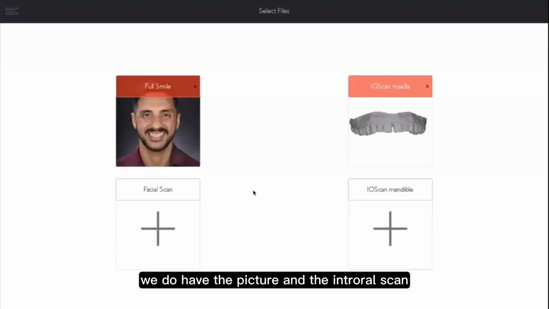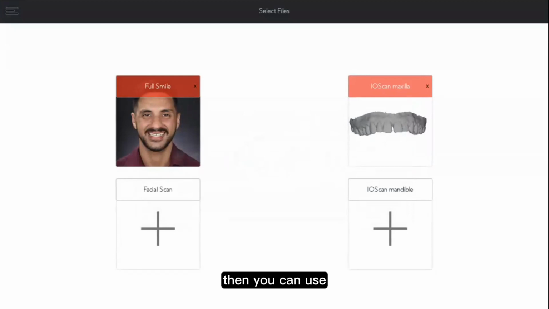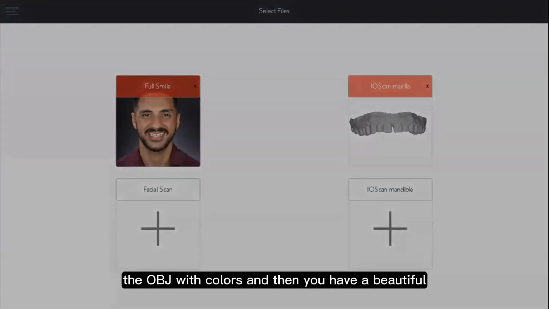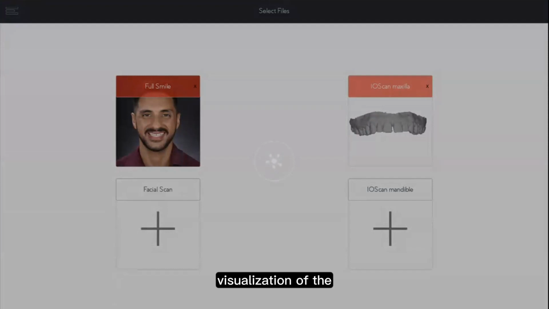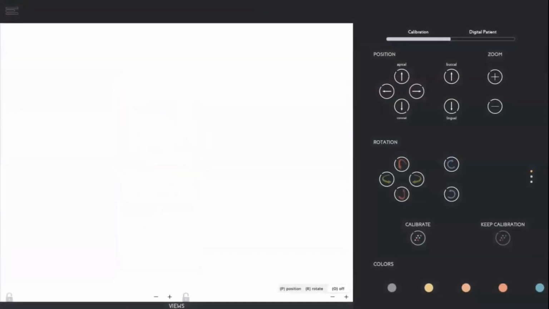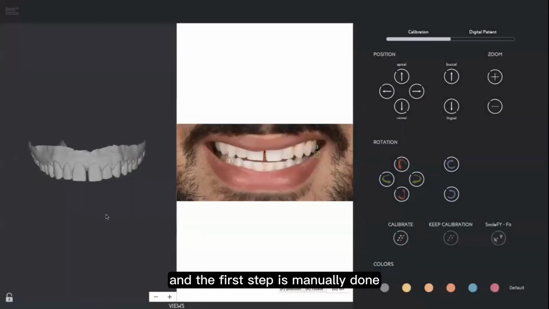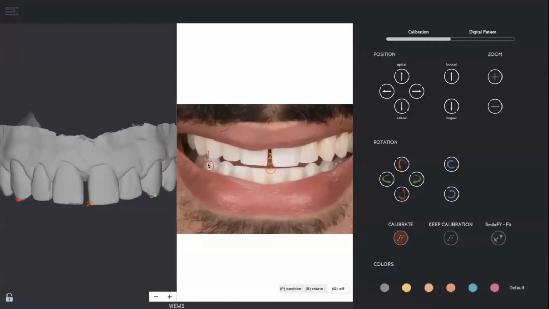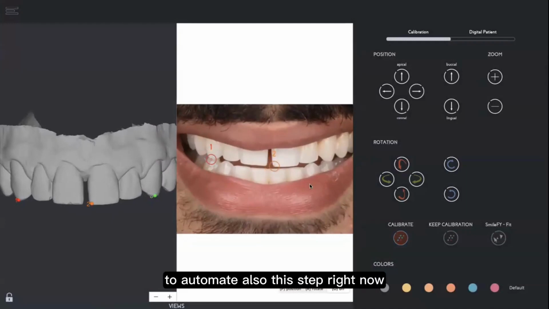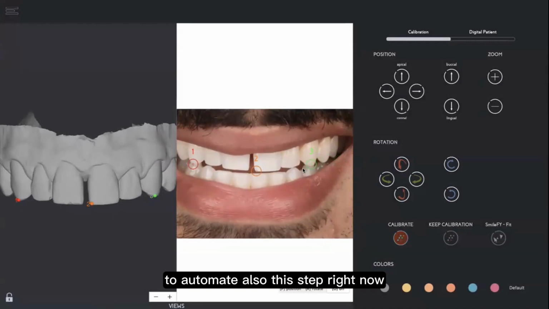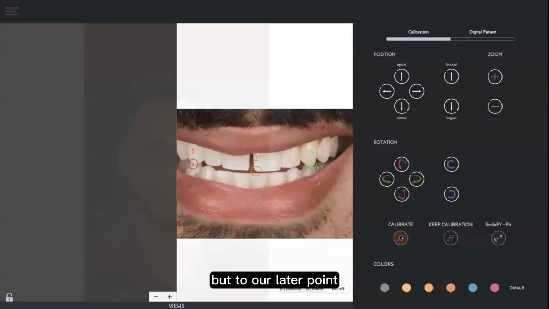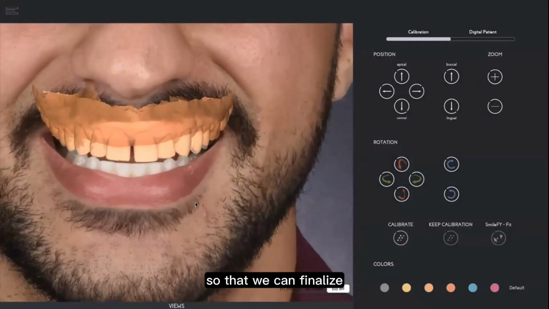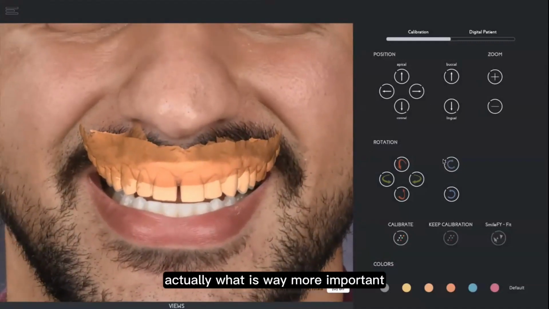First of all, we do have the picture and the intraoral scan. If you do have an intraoral scan with colors in OBJ, then you can use the OBJ with colors, and then you have a beautiful visualization of the upper jaw. We do have the first step, and the first step is manually done: 3 points on the intraoral scan, 3 points on the picture. I don't have the time and the resources to optimize and automate this step right now. So we're going to work on it, but at a later point,